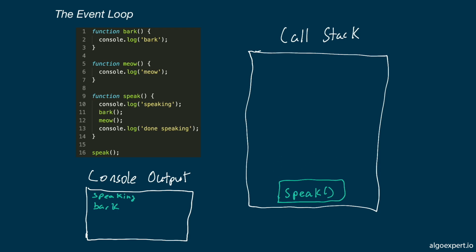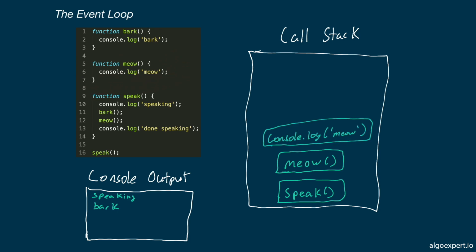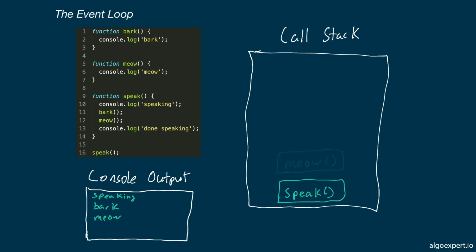call stack as well. Next, speak calls meow, pushing meow onto the call stack. And just like bark, meow also calls console.log, so we push that onto the call stack. Then meow will be logged out, and both console.log meow, as well as the meow function, will be popped off of the call stack. Now we come back to the speak function, and console.log of done speaking is called, which